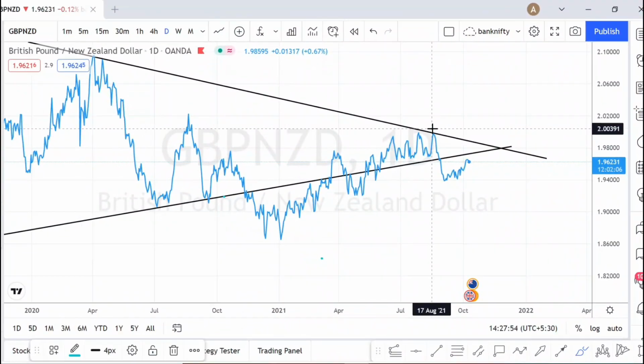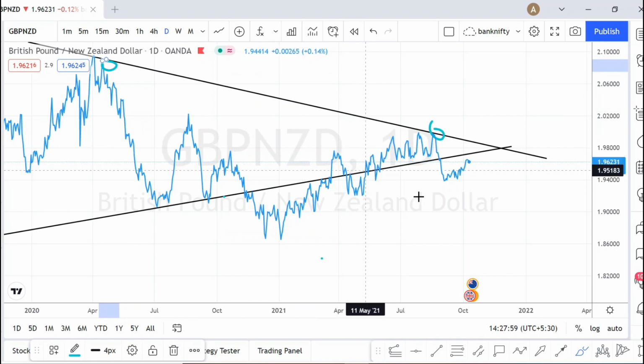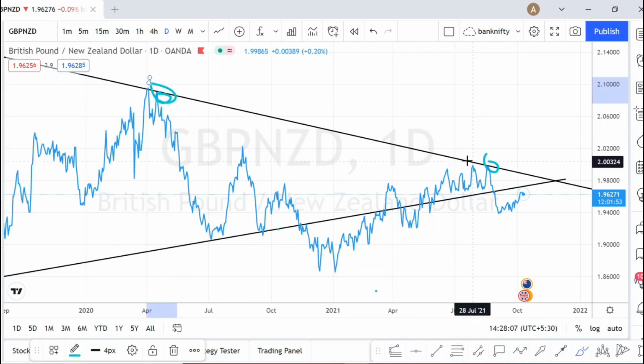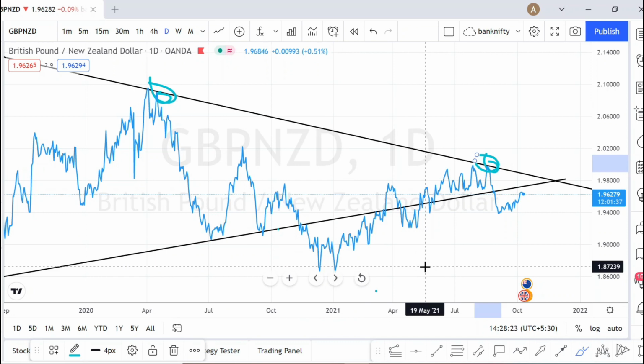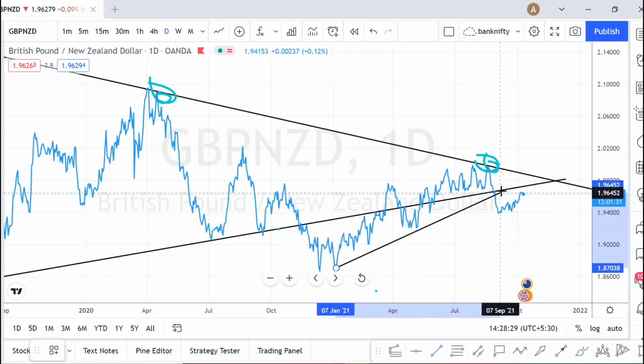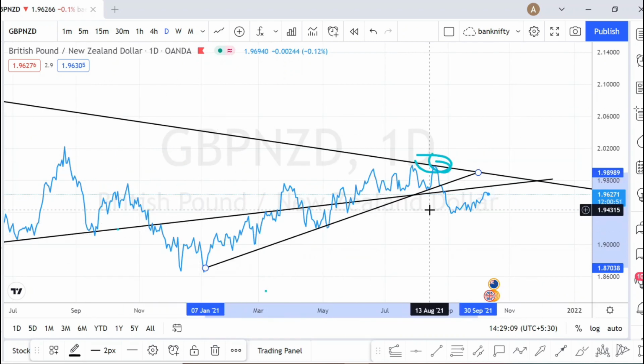So here we have the dynamic resistance from the weekly time frame. So this is going to be a very strong resistance. It couldn't manage to break this dynamic resistance, and presently the price is below this dynamic support. It has broken the dynamic support. It is below the trend line, and presently we can see that it has come down again, trying to form an uptrend and trying to go up, but again it broke the support here and it is on the bottom now. So overall, in weekly time frame or in daily time frame, we can see that the trend is on the downside. Let us do the analysis in hourly time frame.